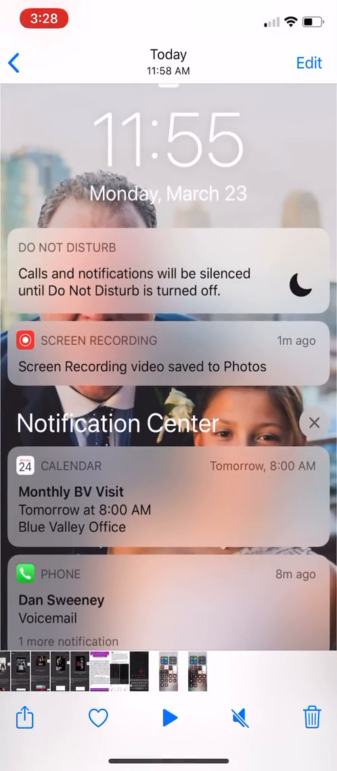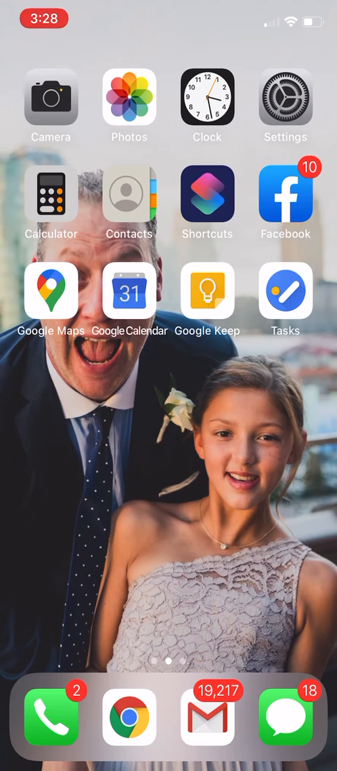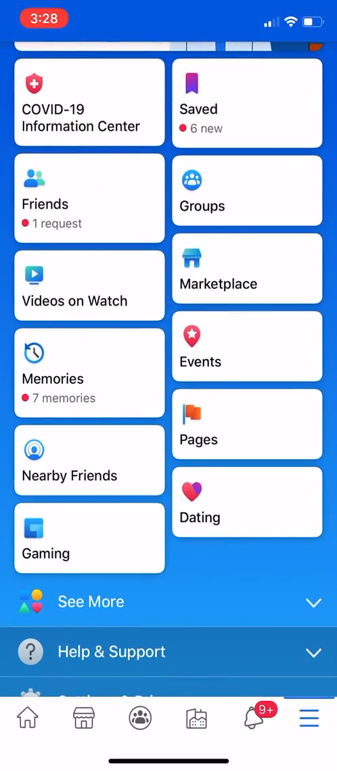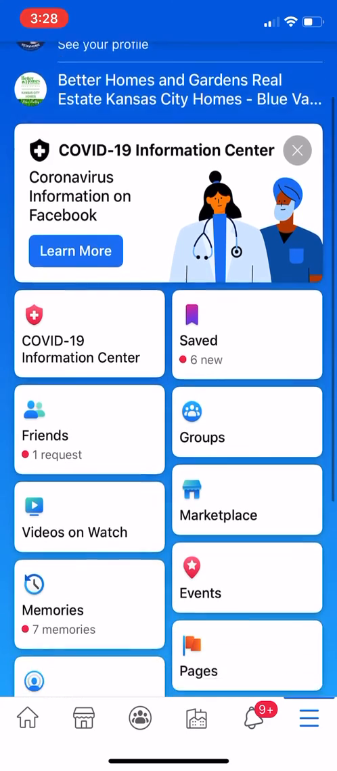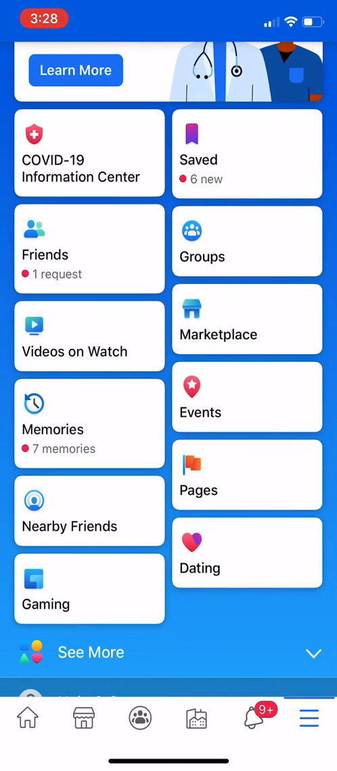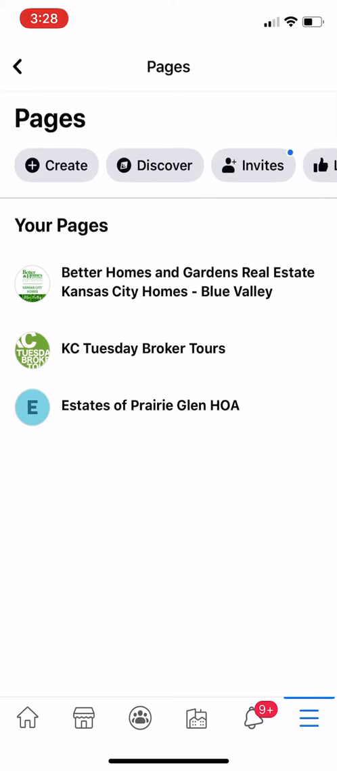Now, if you have a business page and you want to post your video to your business page, you've got to go about it just a little bit different. You're going to go to Facebook first, and in Facebook, I'm in my menu here. And I'm going to go down to pages, and I'm going to click on the page that I want to share it to. I'll click on this page,